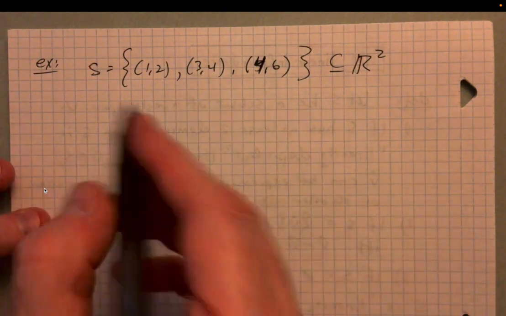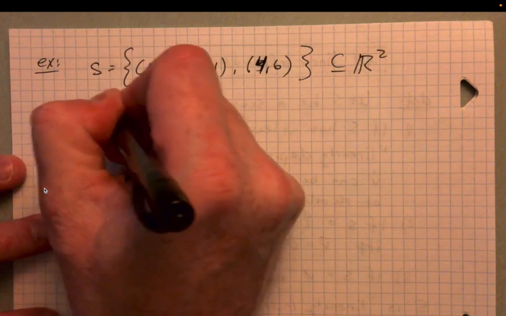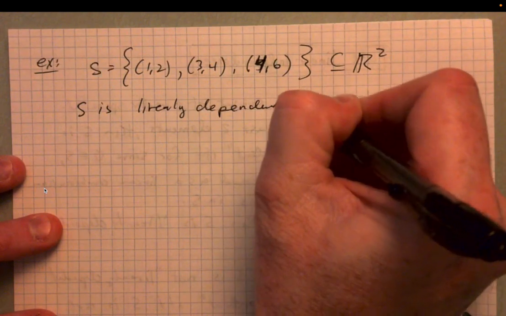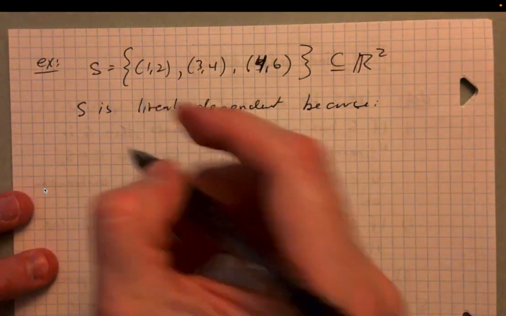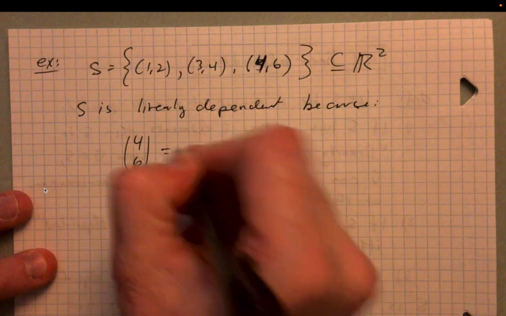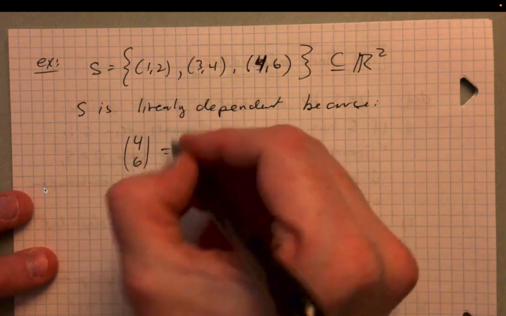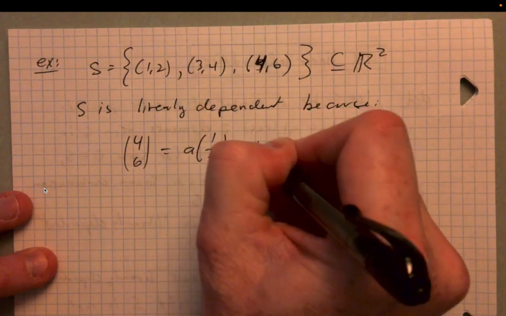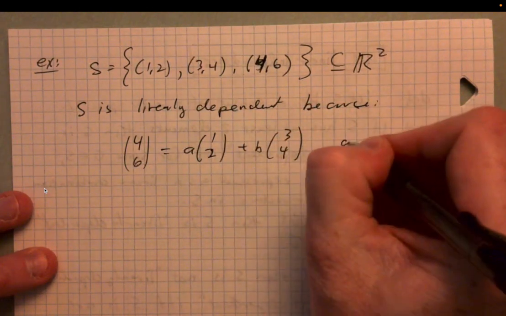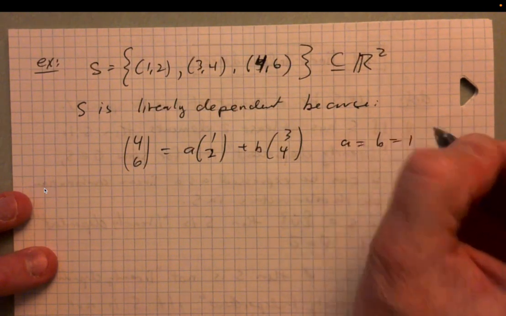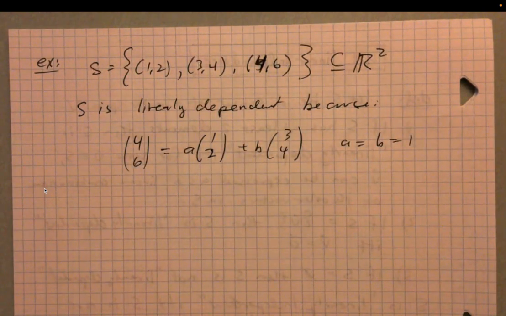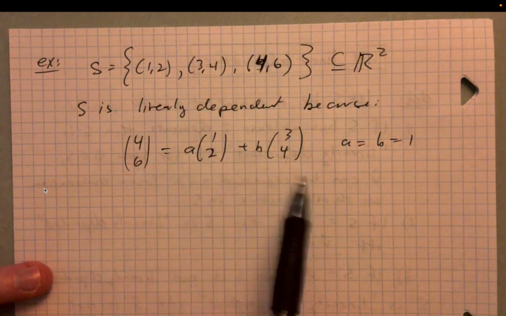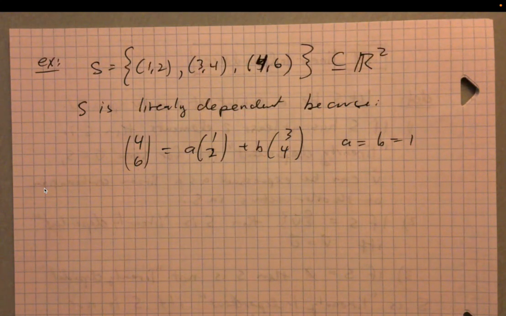Well, we can see pretty quickly that it's actually linearly dependent. S is linearly dependent because, here's one reason, I can take the vector (4, 6) and express it in terms of these other two. So I can say A times (1, 2) plus B times (3, 4). If A equals B equals 1, then this works out. So this would be (1, 2) plus (3, 4). 1 plus 3 is 4, 2 plus 4 is 6, so (4, 6)